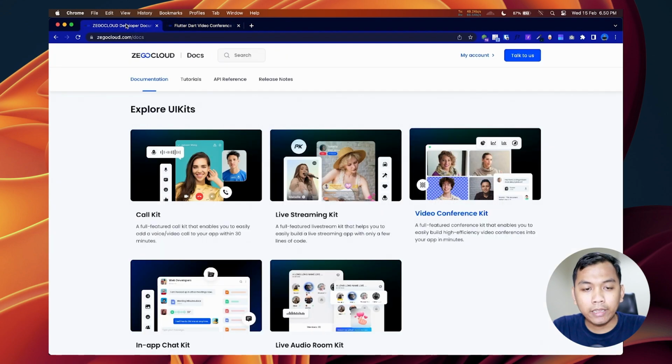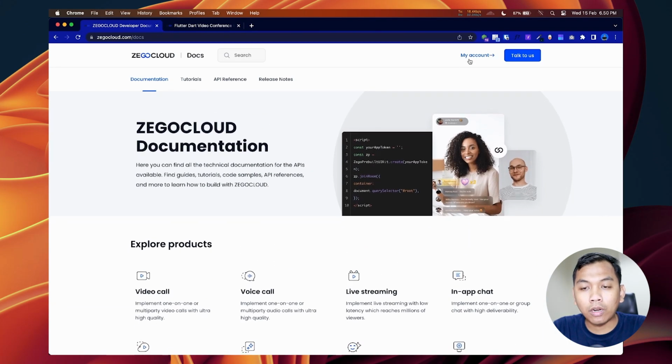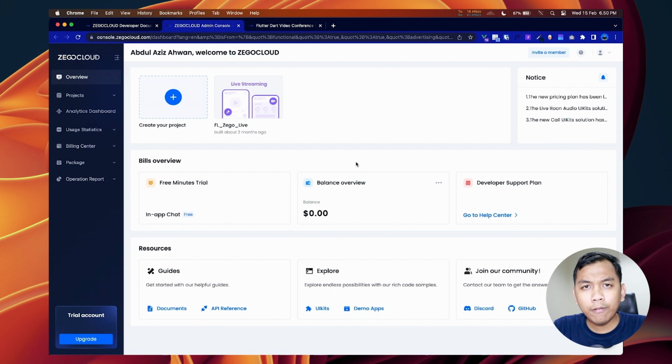But before that, we need to go into the Zego Cloud Console. Once you have opened the Zego Cloud Console, you will see your project. As we can see here, I have created a Zego Cloud project, which is Flutter Zego Cloud Live. So we need to create a new one. Just press Create Your Project.